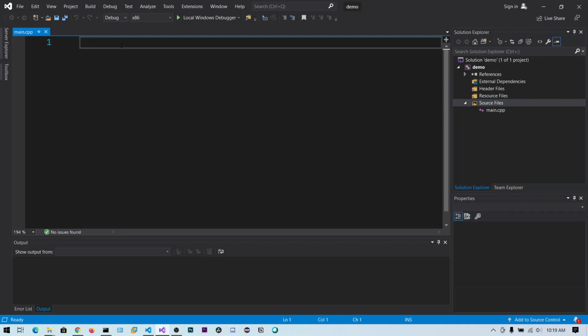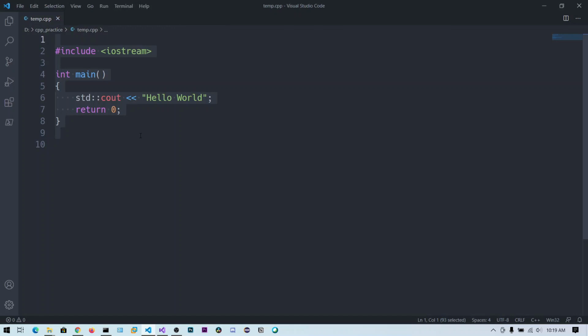So now what I'm going to do is paste the source code from Visual Studio Code.